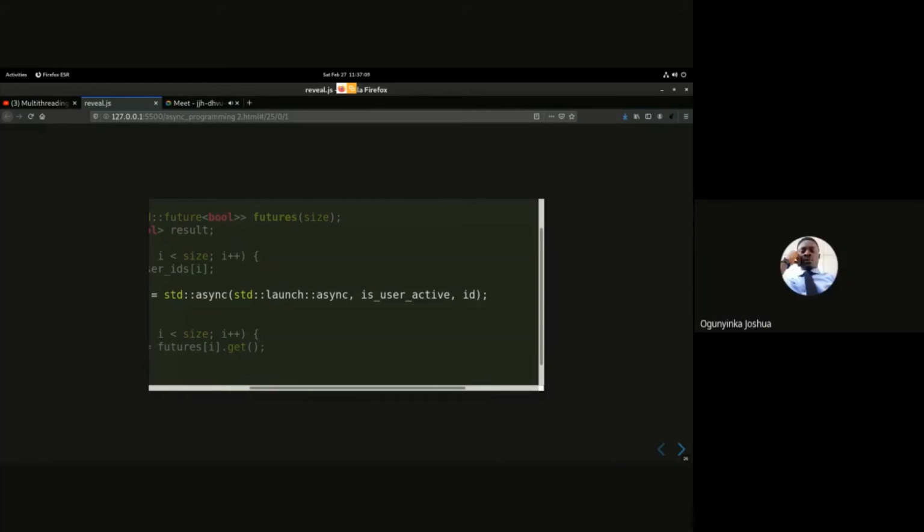And something I would like to chip in is sometimes you have a situation whereby you want to time, just think of, you want to do an HTTP request, for example. Sometimes the network may be good, in which when you make a request, it goes through. Sometimes the network may be so bad in such a way that when you make a request, it times out. You want to set a timeout on the number of seconds that your request must take. So for a thread, you need some synchronization primitives in order to set a timeout on your request. But using a future, you can set a timeout on the future itself. When it times out, you can check the status of the future to make sure if the result is ready or otherwise.